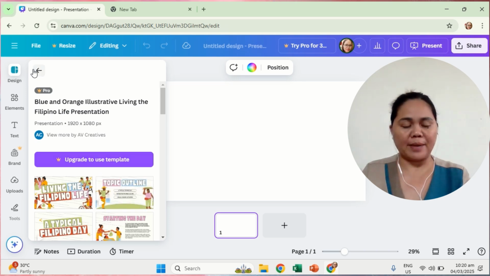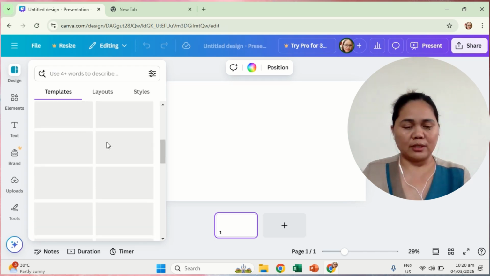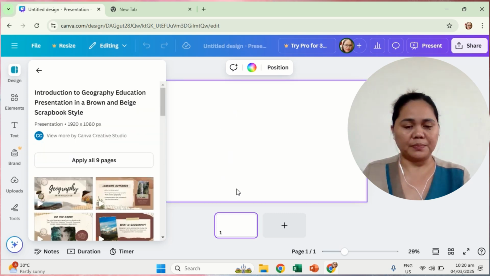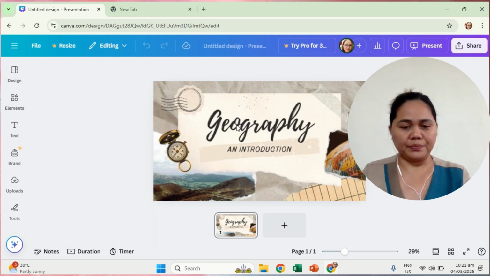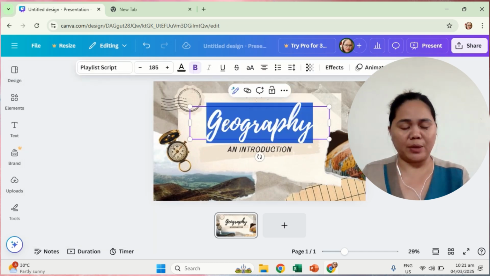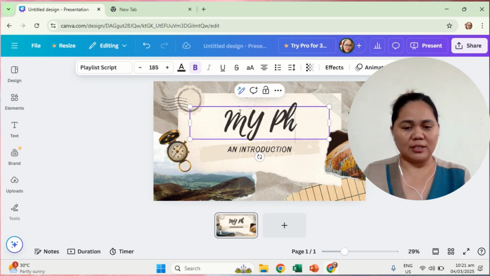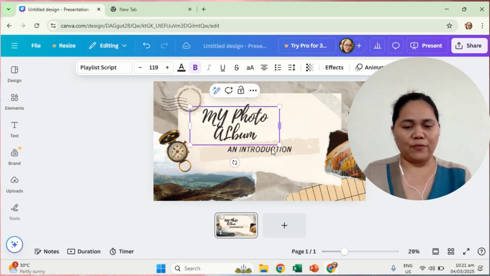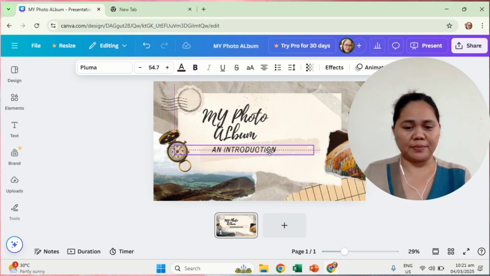Okay, so for example, let's find it from the top. After you choose that one, you can now revise. You can now change the text. So after editing some words, and if you want to add some pictures,